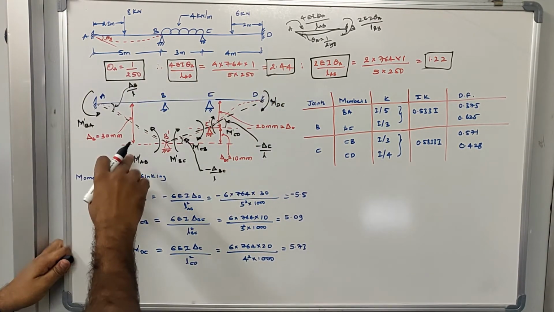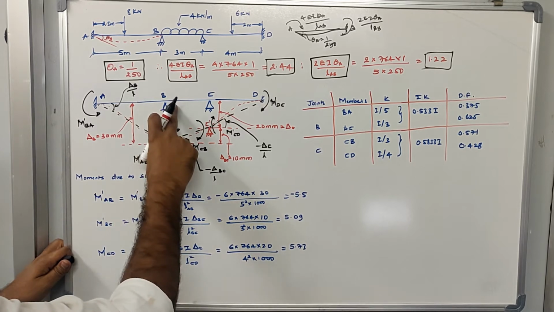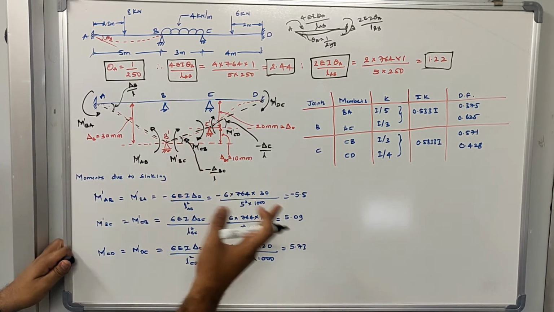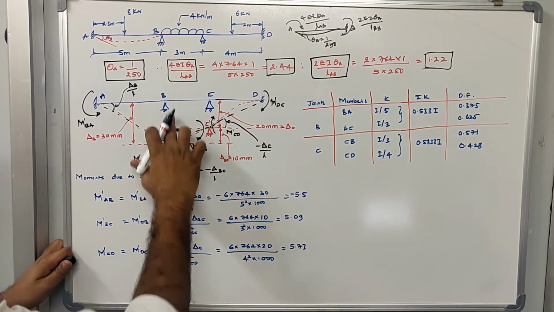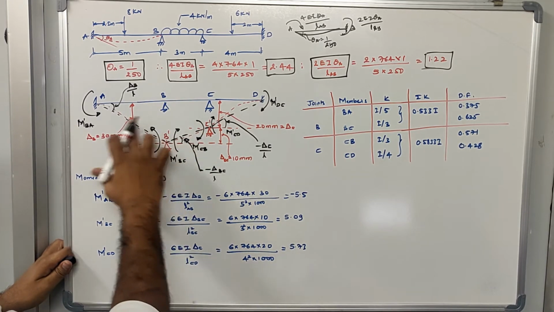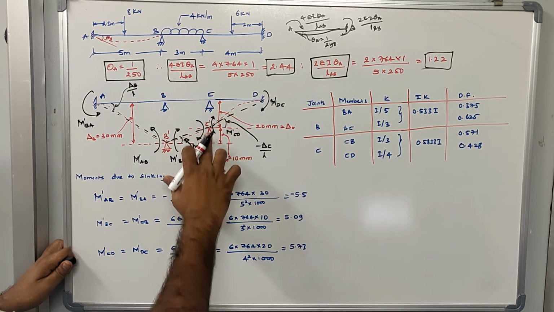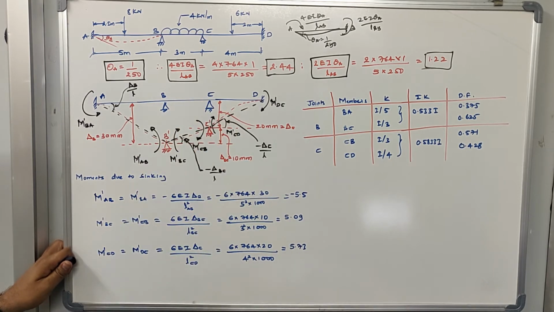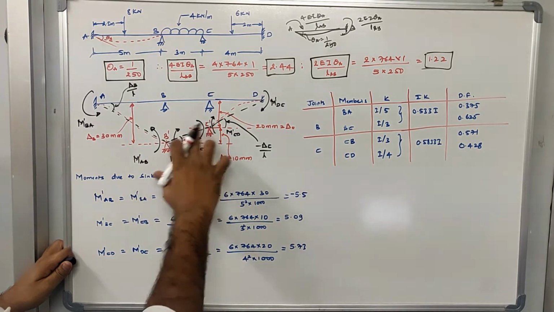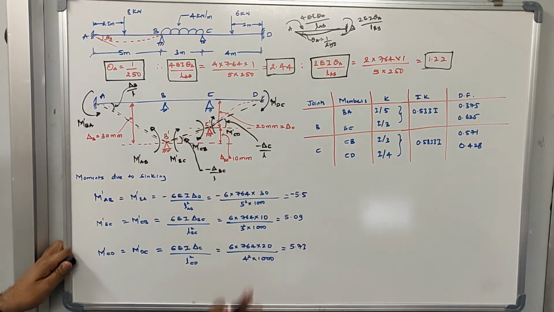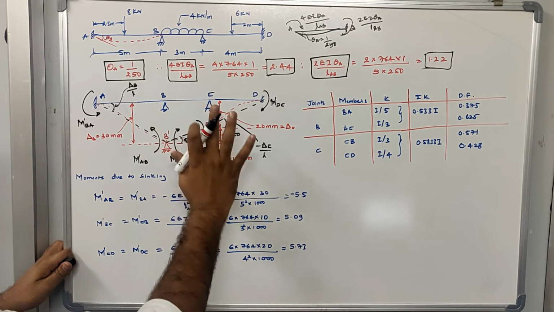Okay, next we will go to sinking of support. As we know, this is the same figure which I have used for the slope deflection also. Here the joint B sinks by B dash, which is 30 mm, and joint C sinks by C dash, which is 20 mm. I had also explained what the differential sink between C dash and B dash is, which is 10 mm. Now this diagram I have already explained.